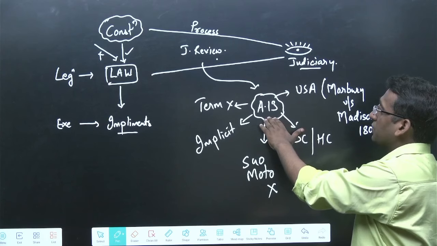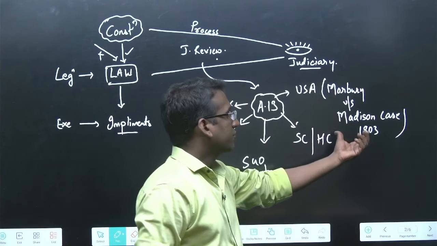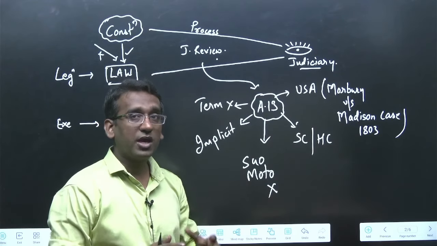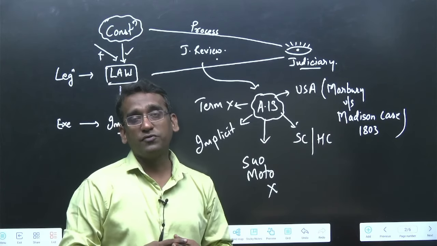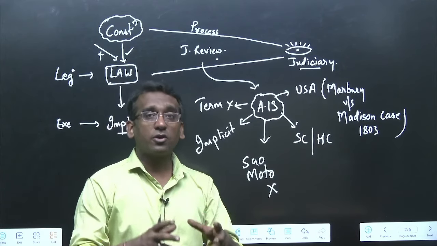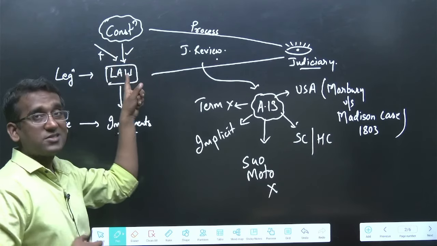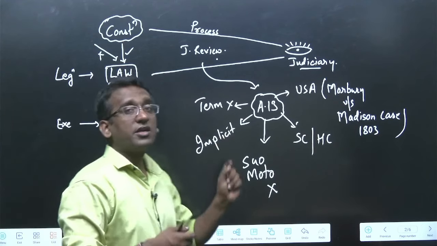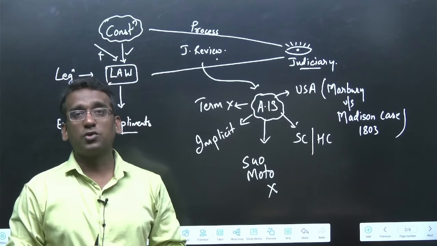The concept of judicial review is taken from the USA. There, it developed in a case called Marbury versus Madison. In India, the power of judicial review lies with the Supreme Court and High Courts, and judicial review is not the suo motu power of the Indian courts. That means they cannot pick up any case or any law by themselves and examine its constitutionality, but they can do it only when a petition has been filed for such a matter before the court of law.